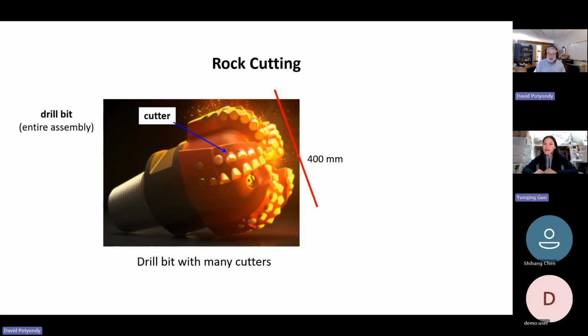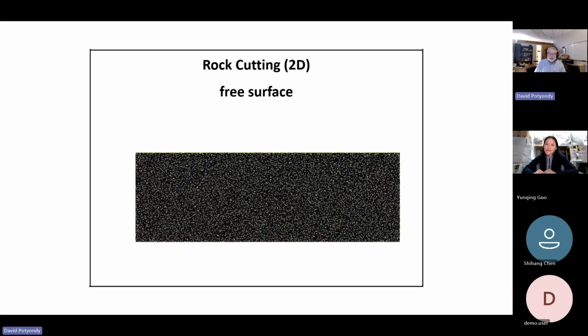So there's been a reasonable amount of work modeling this with PFC. Now, the other thing to realize is that